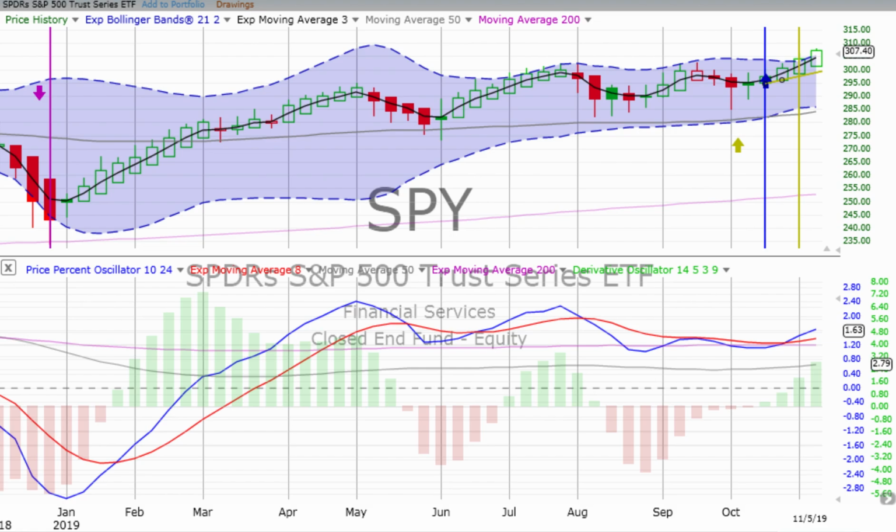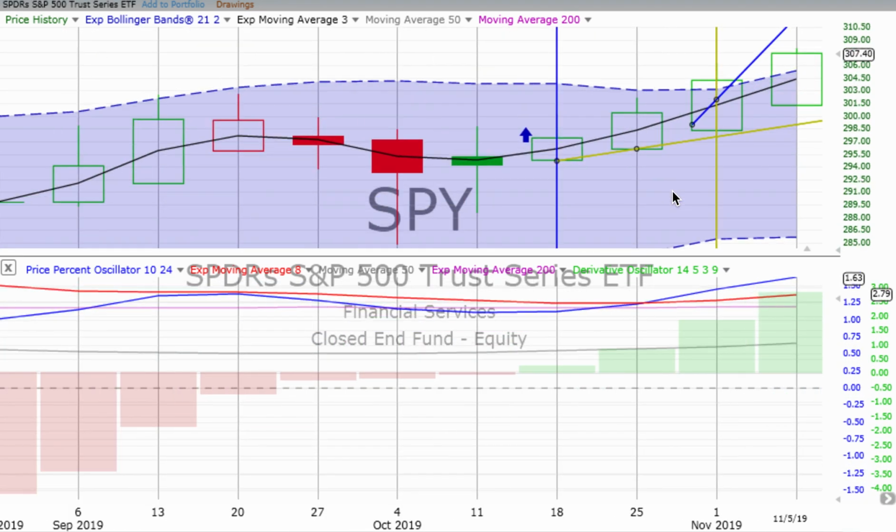Complexity creates confusion. Simplicity, focus. Edward de Bono. And Mr. de Bono is exactly right. That's what we do every day: we focus on simplicity, and the simplicity gives us focus. Focus on what? Price movement. That's all we care about. That is all we care about. Is price going up or down?